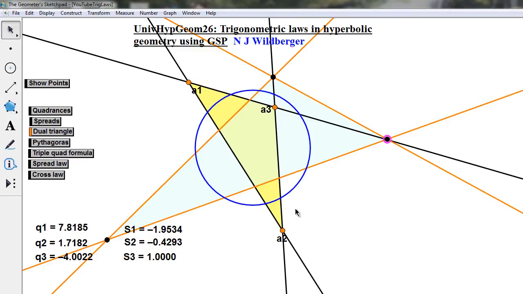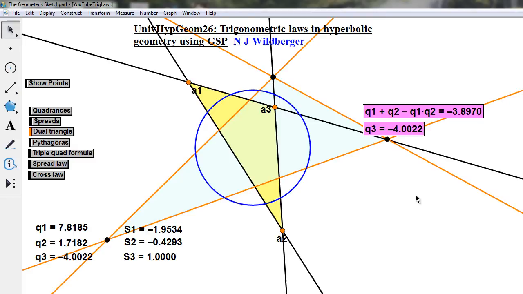And note that that happens precisely when this line here is passing through this point here, which is the dual of this line. So both of those facts are telling us that these two lines are in fact perpendicular. And so Pythagoras' theorem should hold. Let's have a look at what Pythagoras' theorem is about.